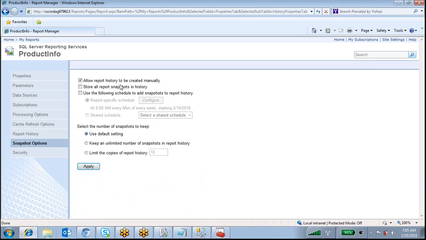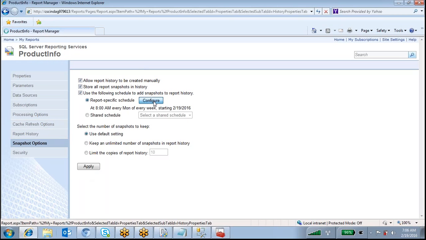Allow report history to be created manually, and store all the report snapshot history. So whatever report you are executing, automatically it is executing the report and it will keep it in report history. And what schedule are you going to use to keep that report in report history? This particular schedule.